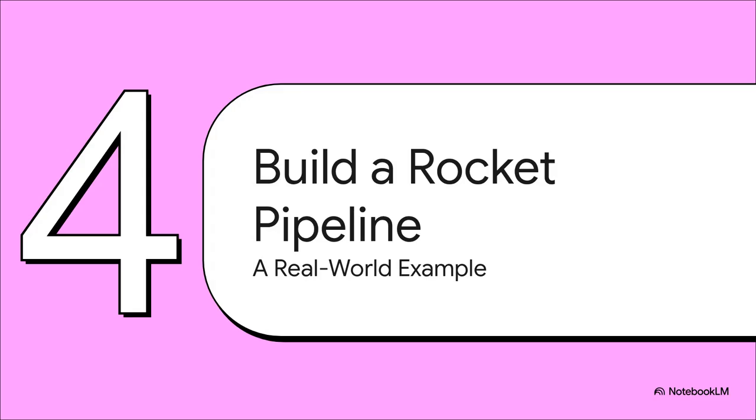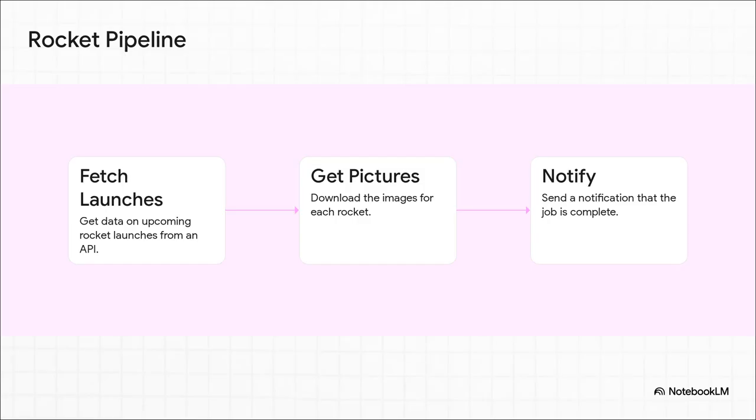Let's make this concrete and see it in action. We're going to build a simple but totally realistic data pipeline to download pictures of upcoming rocket launches. How cool is that? So our pipeline is going to have 3 simple steps. First, we have a task to hit an API and get the data on rocket launches. Then a second task, which depends on the first one finishing, will download the actual images. And finally, once all the pictures are downloaded, a third task will fire off a notification saying, hey, the job's